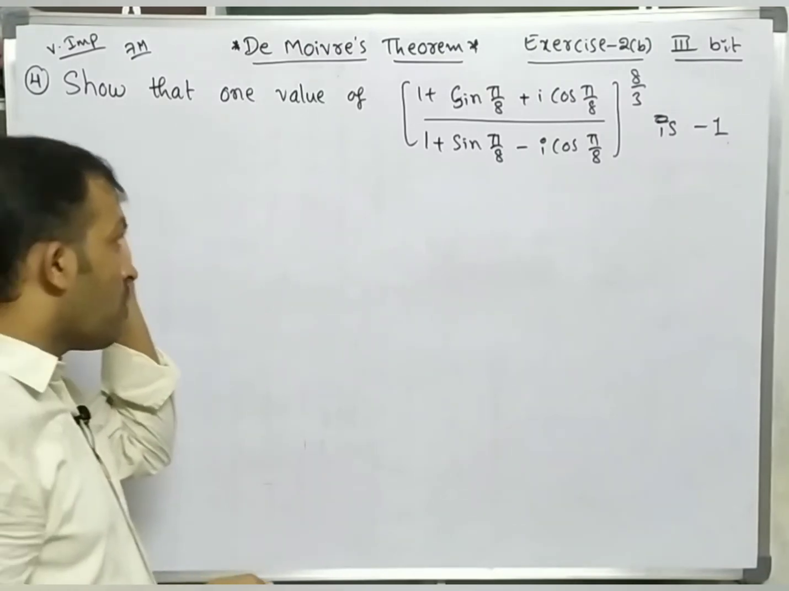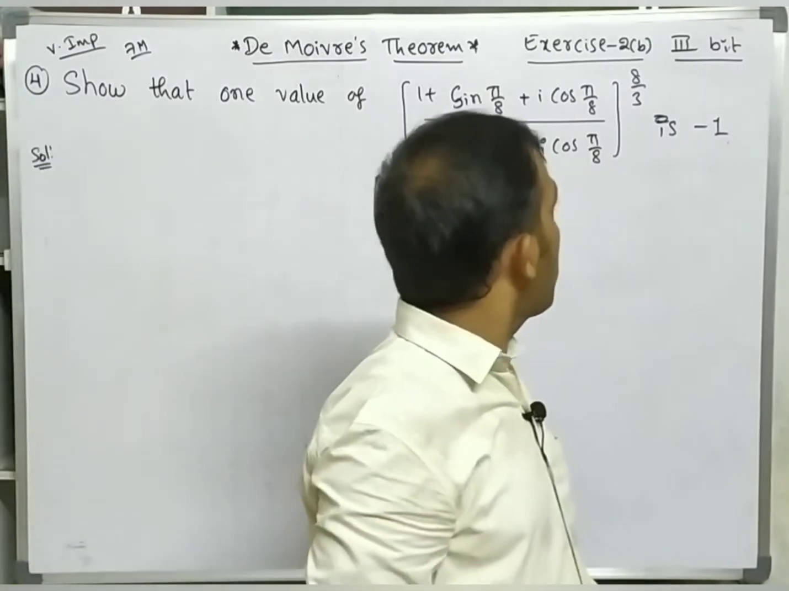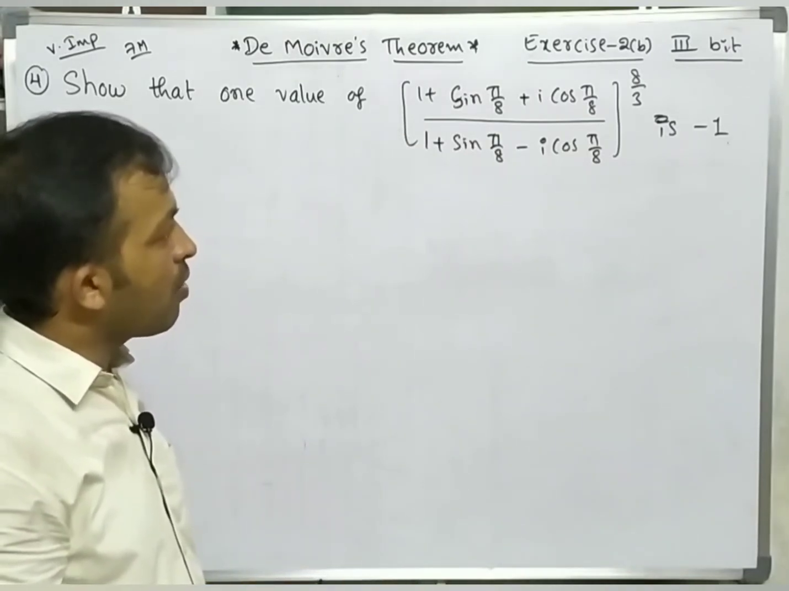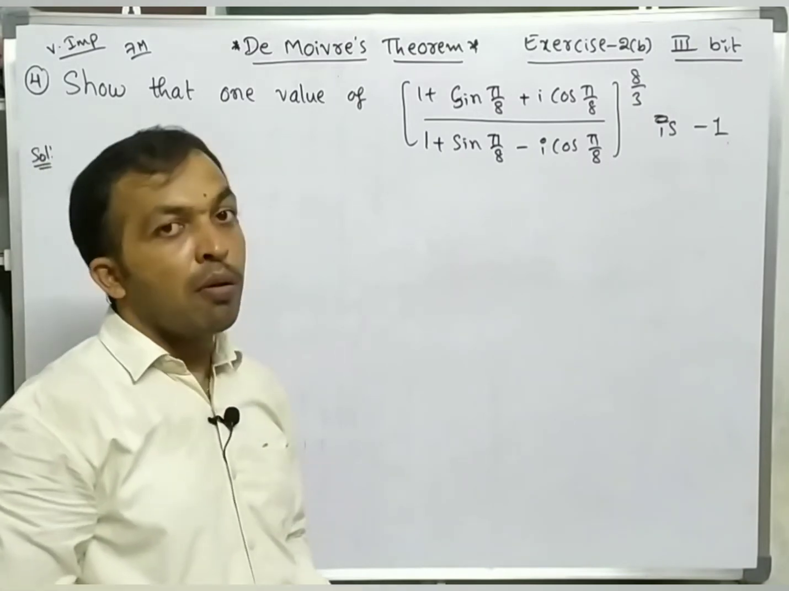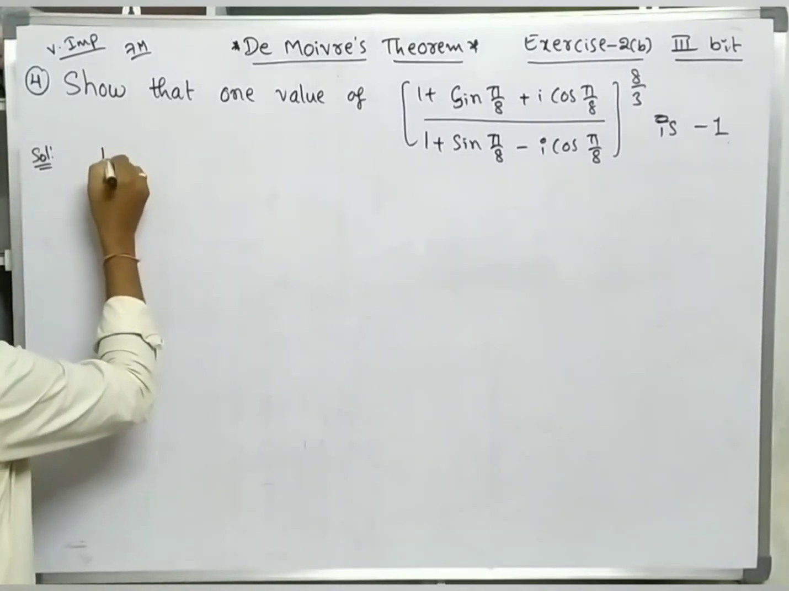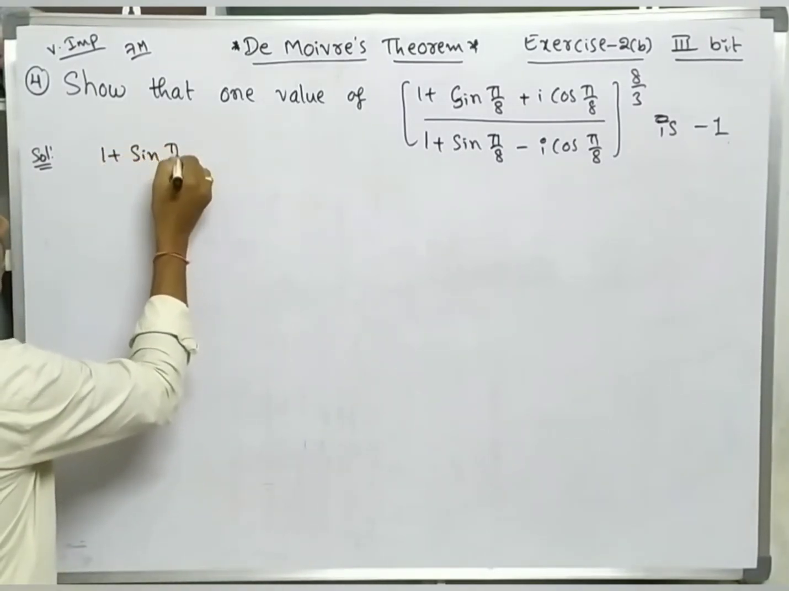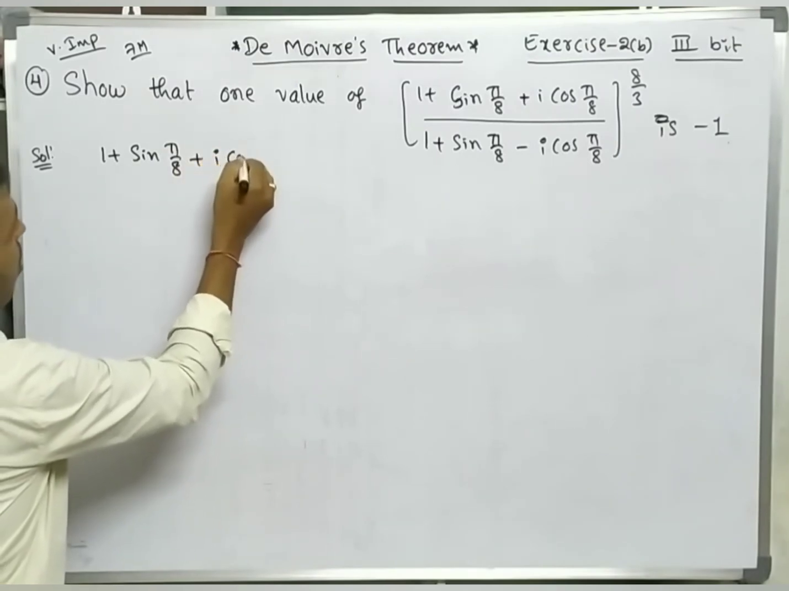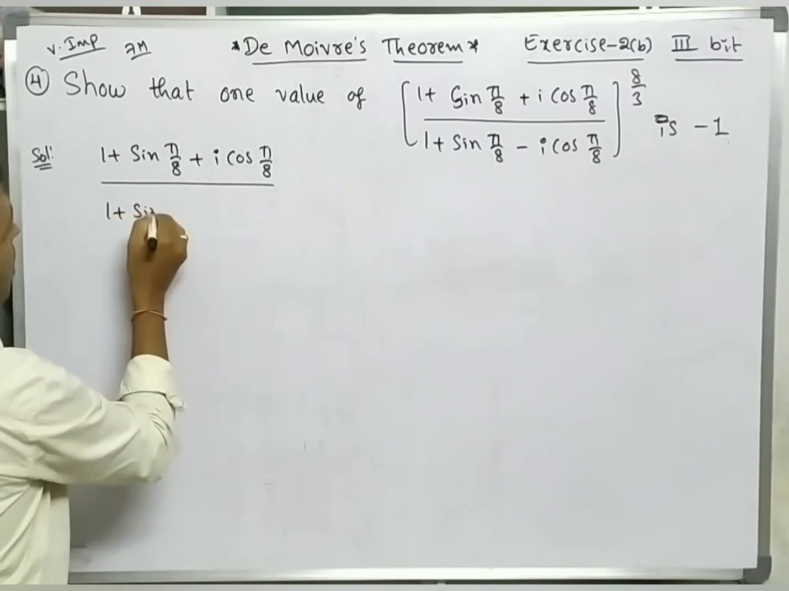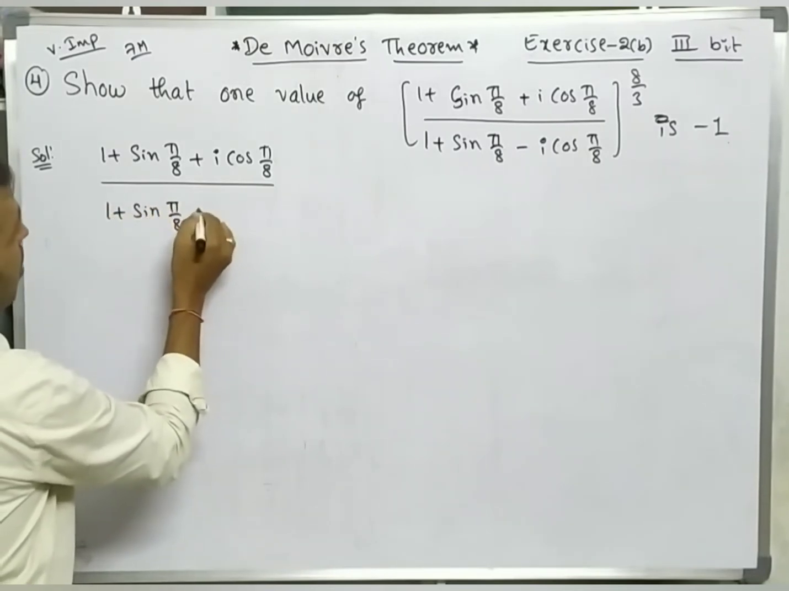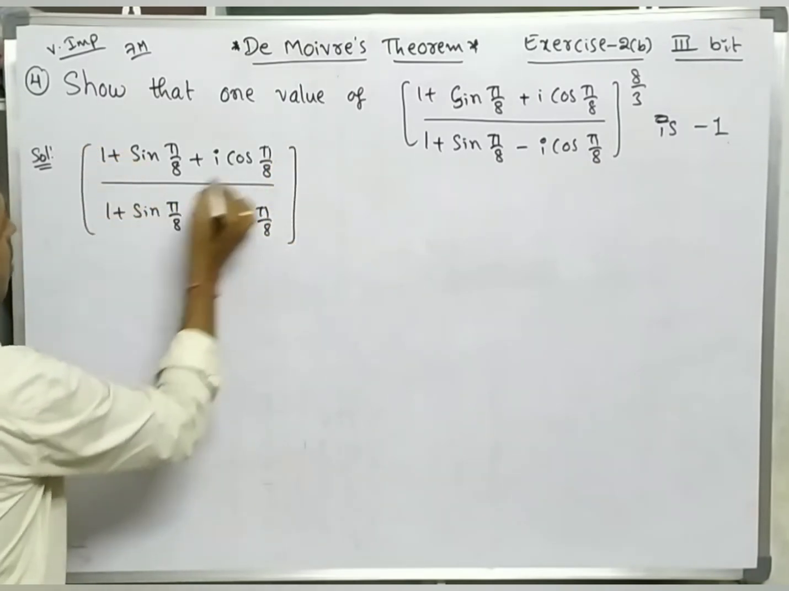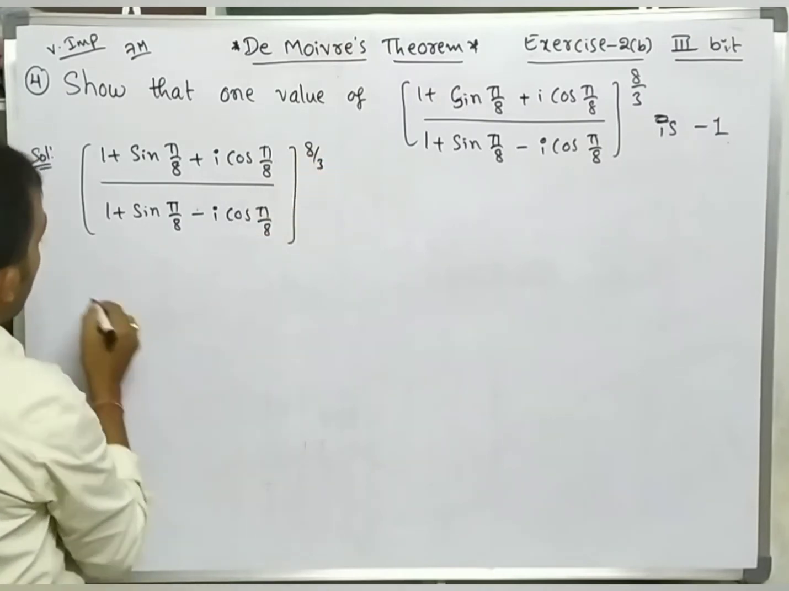Show that one value of (1 plus sin pi by 8 plus i cos pi by 8) by (1 plus sin pi by 8 minus i cos pi by 8) whole power 8 by 3 is minus 1. Okay, so further take this: (1 plus sin pi by 8 plus i cos pi by 8) by (1 plus sin pi by 8 minus i cos pi by 8) whole power 8 by 3, which is equal to